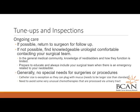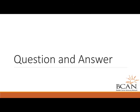And the second thing, and this would be extremely unusual, but there are some unusual chemotherapies that are processed through the urinary tract, and those should be avoided. But they are very unusual, and if you have any questions on that, by all means, check with your doctor. And with that, we are going